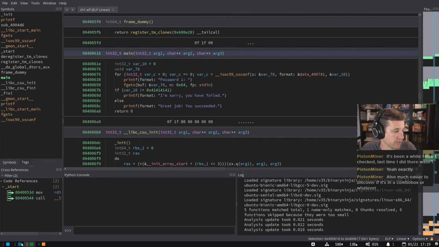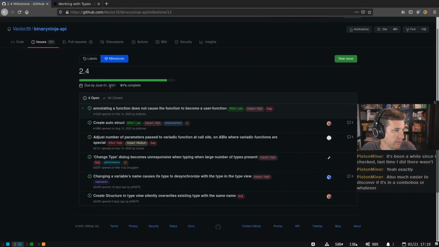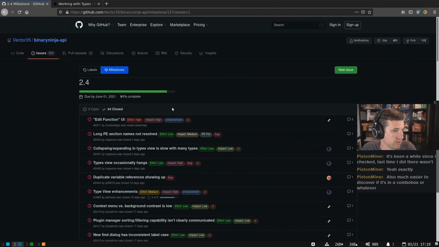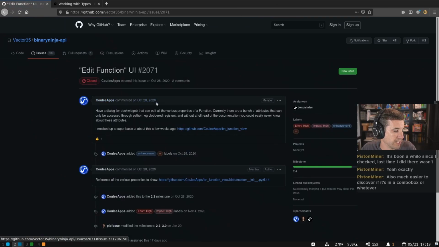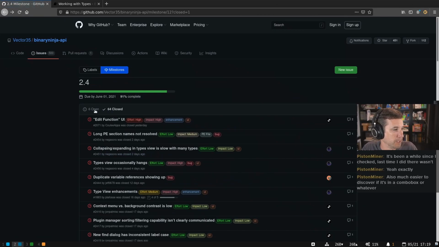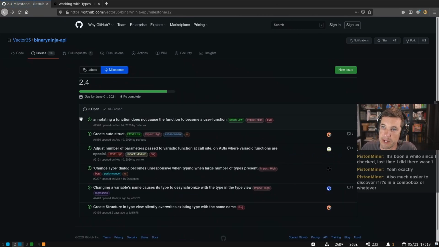In fact, let's actually go double check that. I think that one just got closed, I believe. So yeah, let's see. I guess it was only issue 2071. I was expecting that one to be around longer. I wonder if that's been marked as a duplicate. Now it's a relatively new bug, but that feels like something that people have been asking about for quite a while.